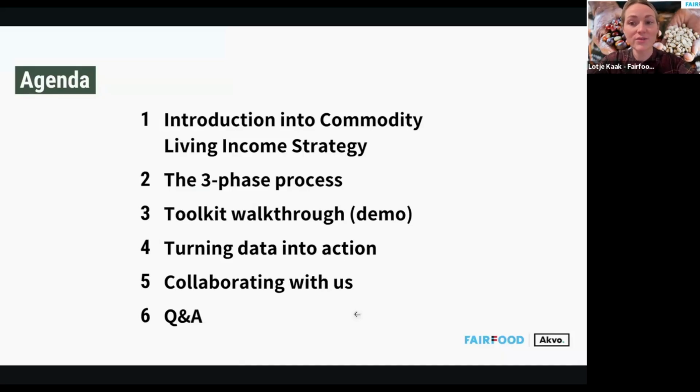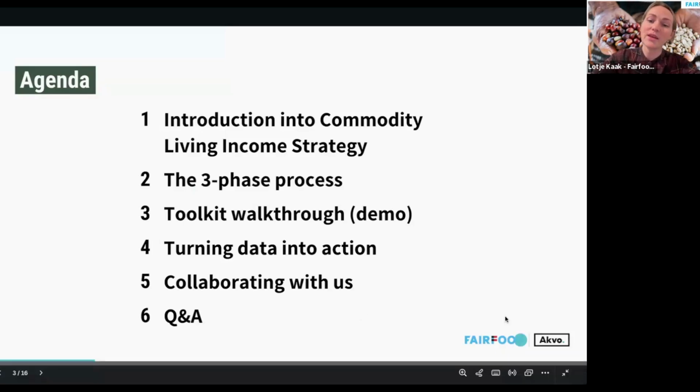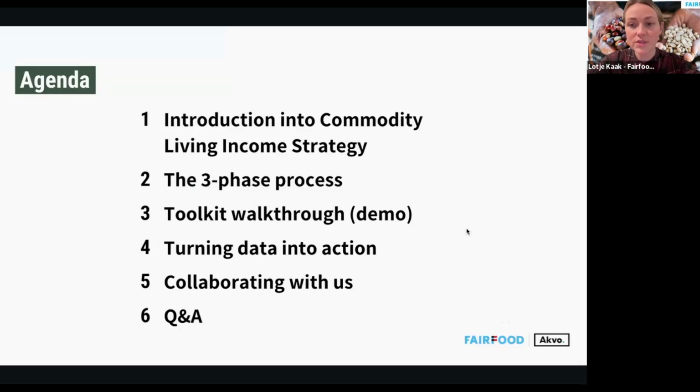Today we will have a very practical technical session. It's aimed at data analysts and sustainability teams within commodity supply chains. We'll start today by situating the toolkit that we will discuss into the broader living income commodity strategy that us two organizations have developed together.